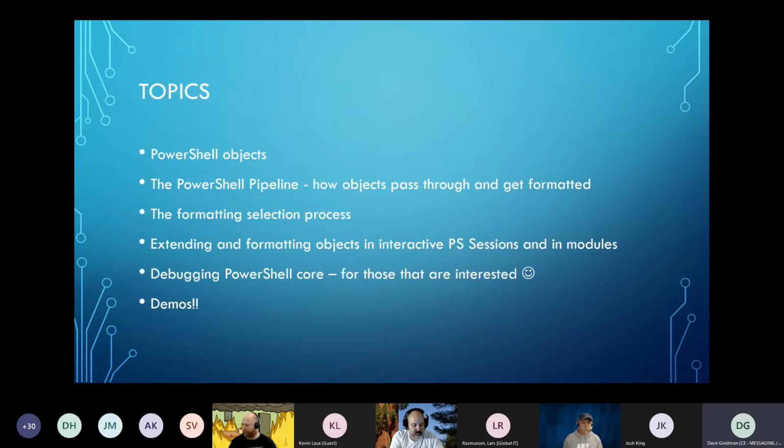So we'll do a little bit of that, and then I'll show you how to do this on the fly, but then I'll also show you how to do it if you create your own module, because the processes are a little bit different. And then I've got the source code breakpoints for you guys. So if you're adventurous and you want to go into PowerShell source code and debug it, you just need to download that from GitHub, and you can set these breakpoints, build it, and then you can play around with it yourself.